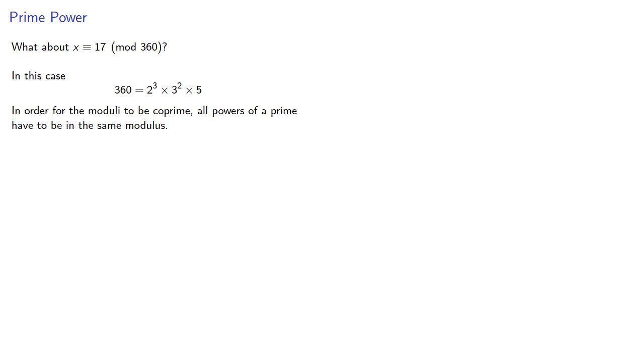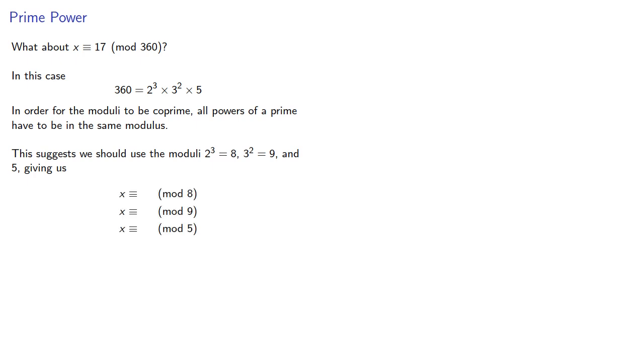What if we have something like mod 360? In this case, the prime factorization of 360 is 2 cubed times 3 squared times 5, and in order for the moduli to be coprime, all powers of a prime have to be in the same modulus. And this suggests that we should use the moduli 2 cubed 8, 3 squared 9, and 5, which gives us